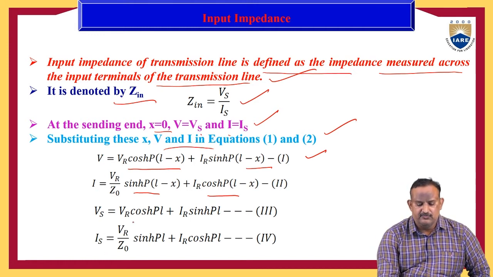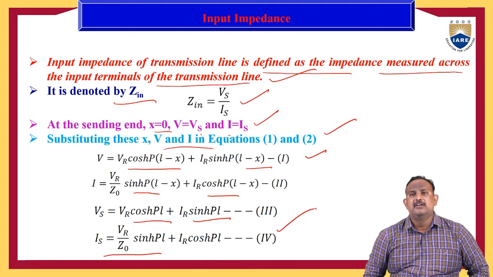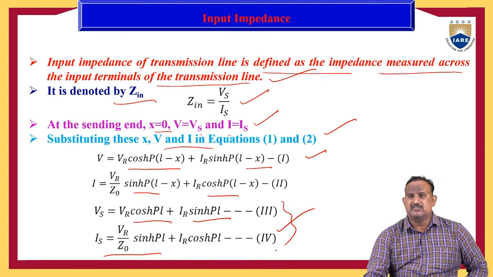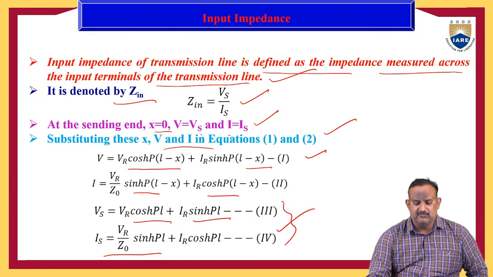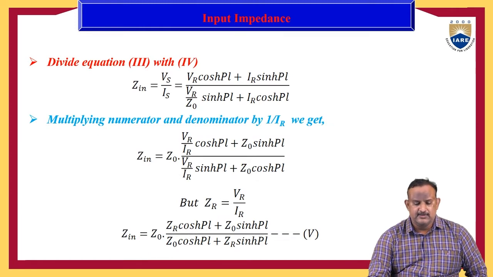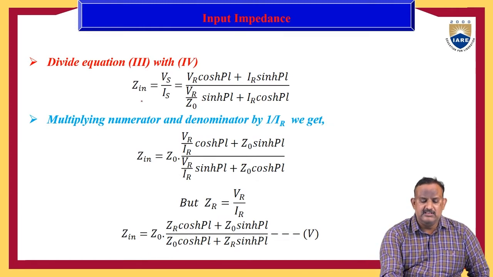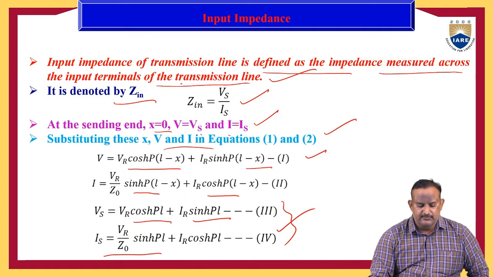Therefore, Vs is equal to VR cosh γL plus IR Z naught sinh γL, and Is is equal to VR by Z naught into sinh γL plus IR cosh γL. These are the two transmission line equations. Now divide equation 3 by equation 4. If we divide the two transmission line equations, then we have Zin is equal to Vs by Is, which is equal to